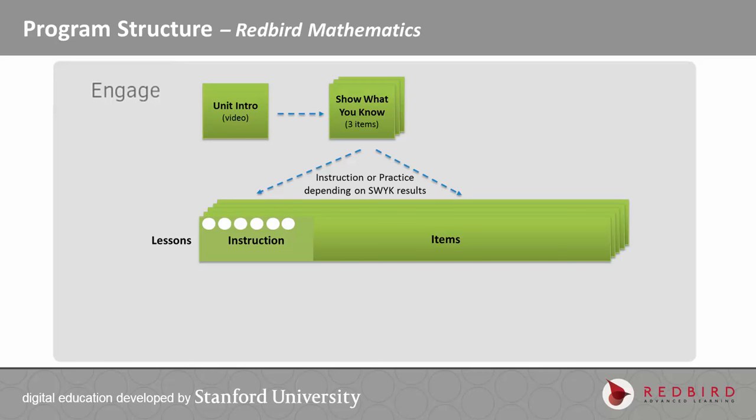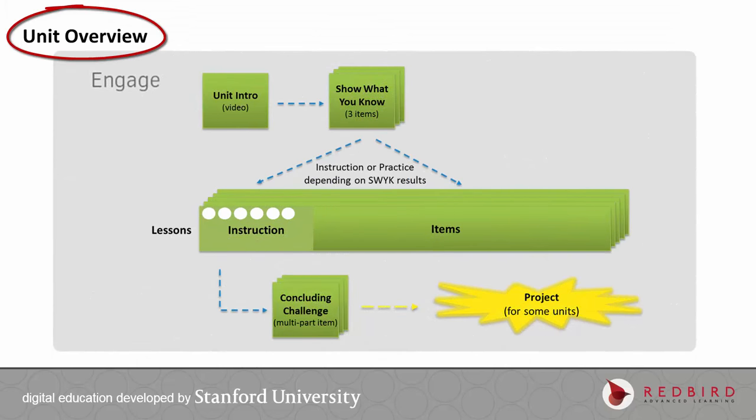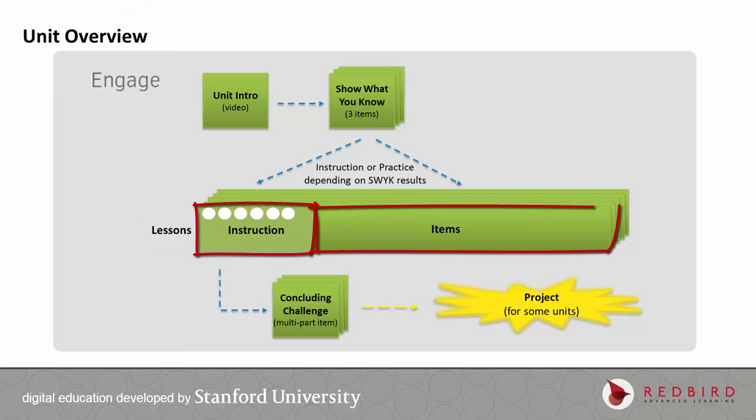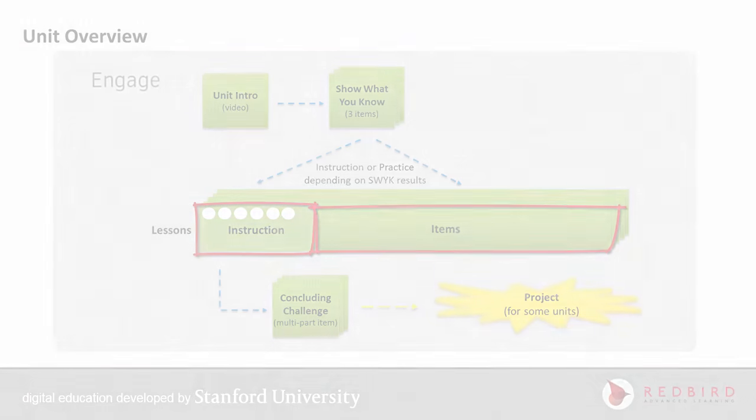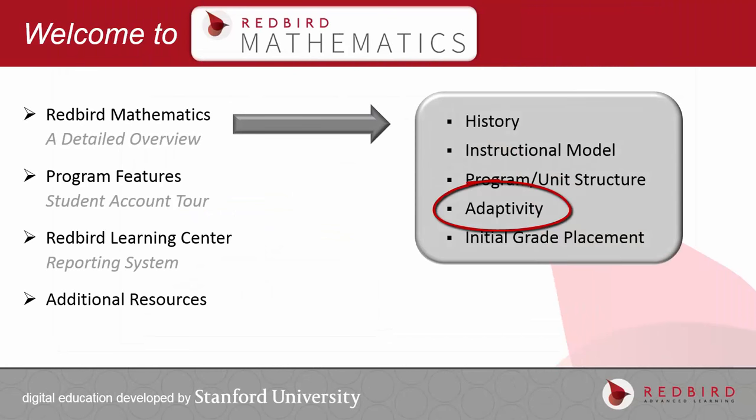The lessons then consist of instructional material for understanding the content and item sets to apply what they've learned. Each unit ends with a STEM-themed multi-part challenge requiring synthesis of the unit's skills. Additionally, some units contain digital STEM projects. Okay, so let's recap. Each unit consists of several lessons, and each lesson consists of instruction and item sets. Let's now take a look at how student experience through these units and lessons is personalized via the adaptive motion